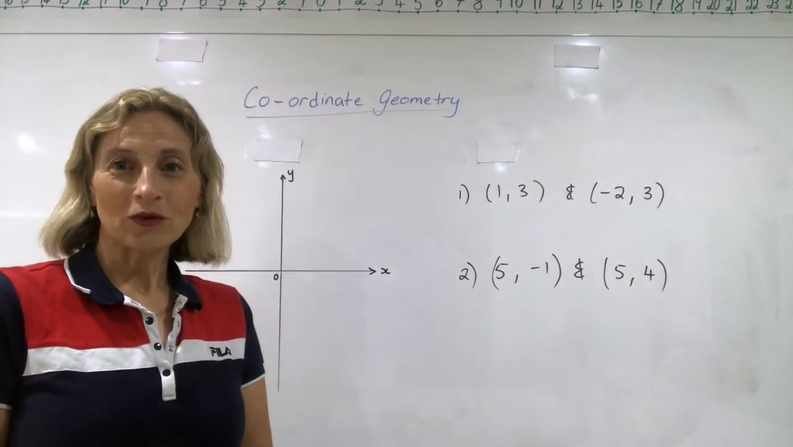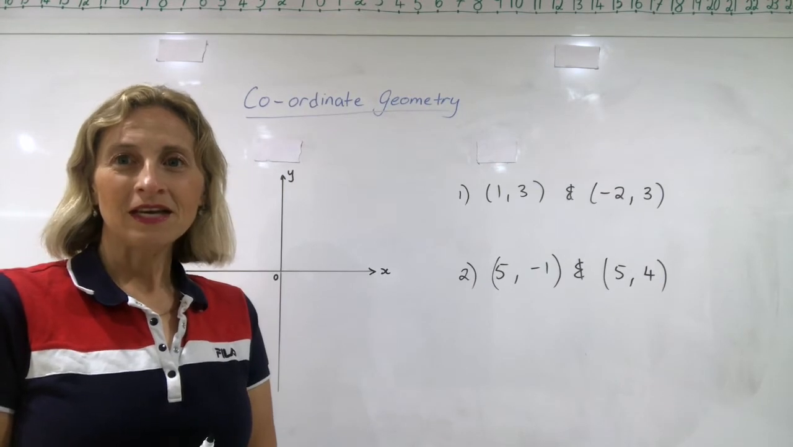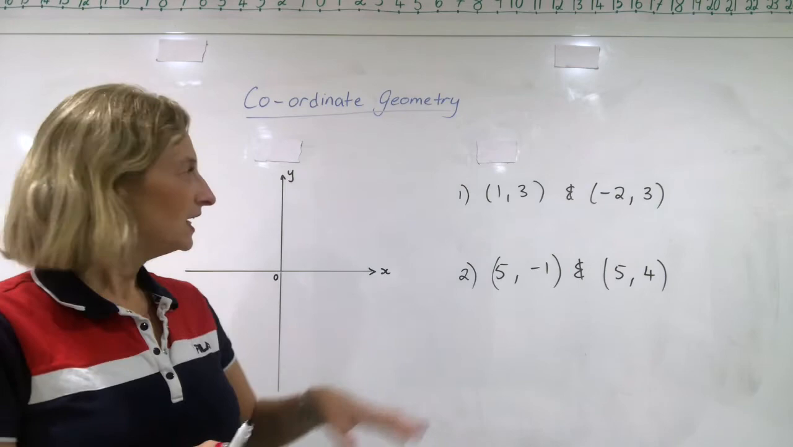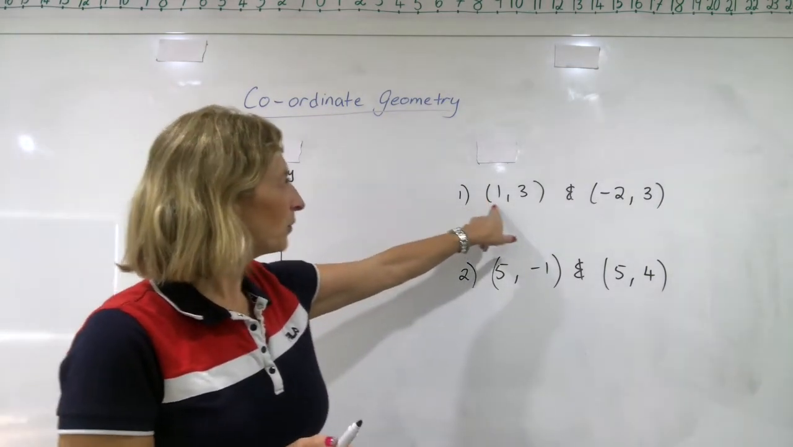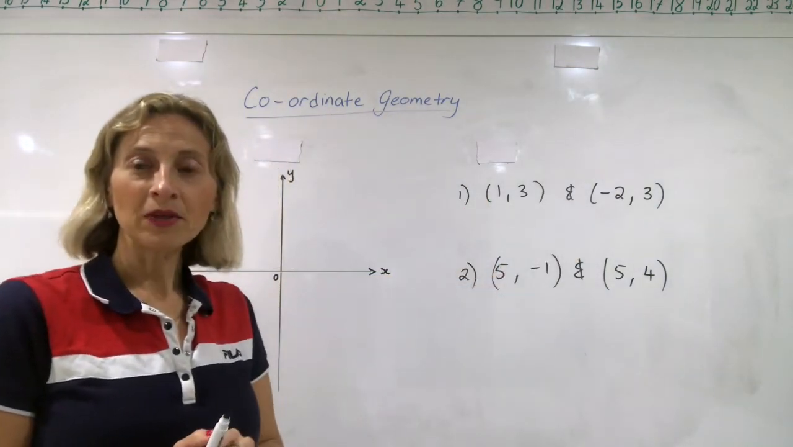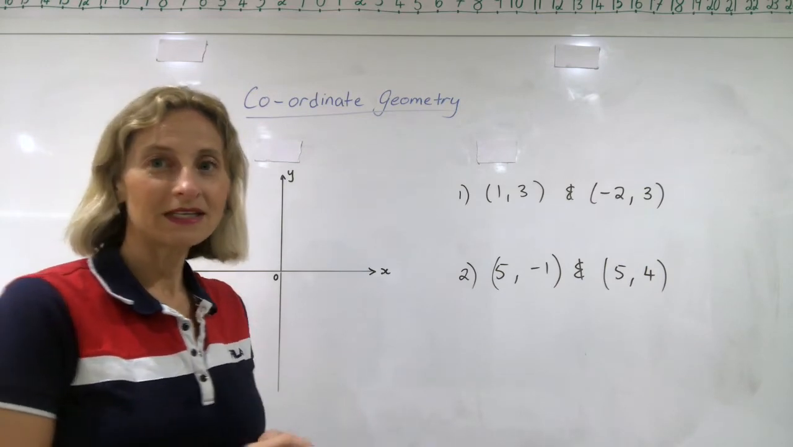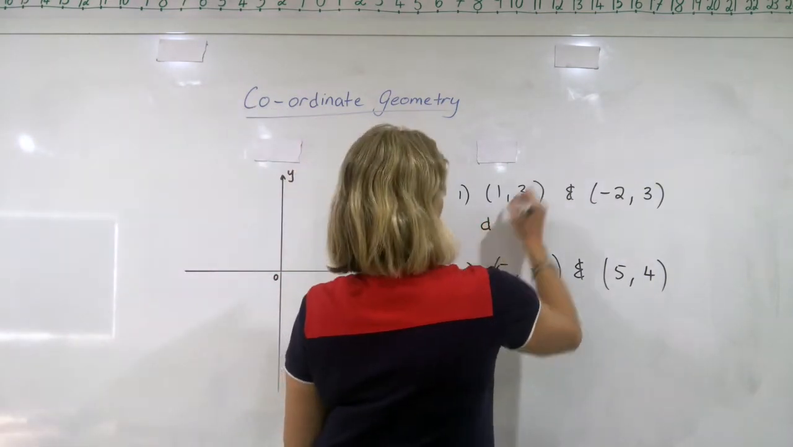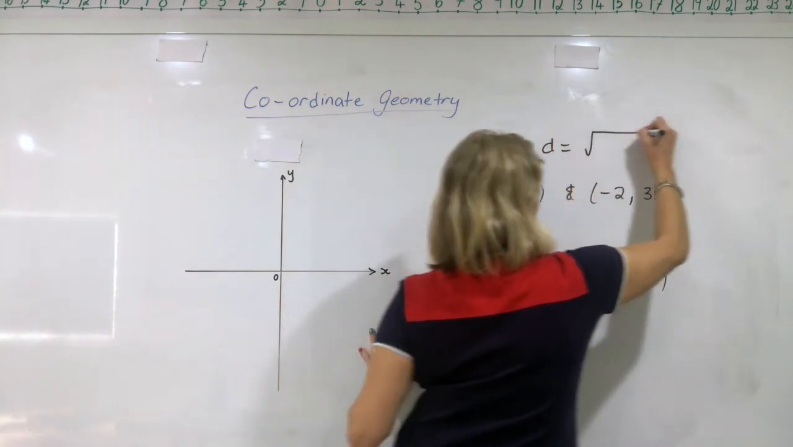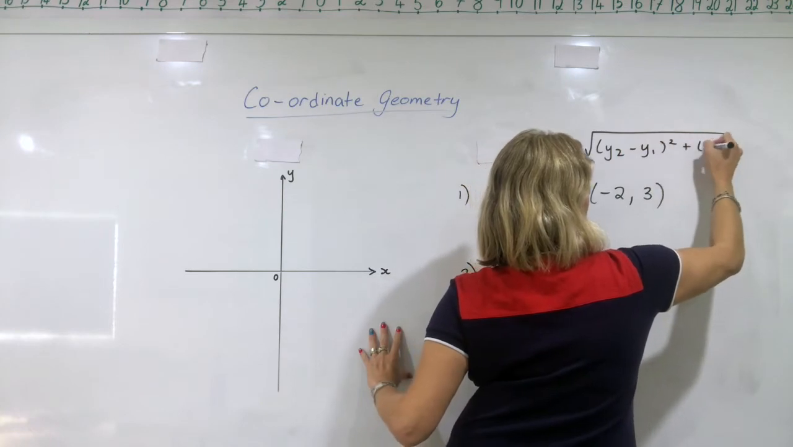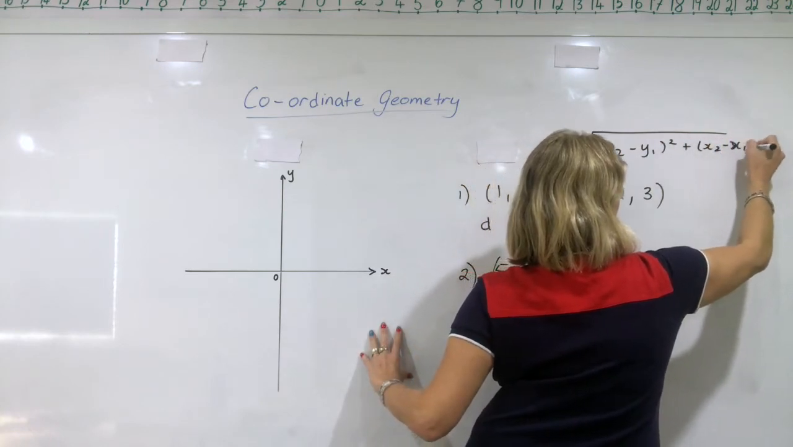Here's two more questions on the distance formula that you need to just be careful. Let's say that you have the points 1, 3 and negative 2, 3. Of course, we could just use the distance formula and sub it in very quickly. Let's have a look. The distance formula says the square root of y2 minus y1 plus x2 minus x1